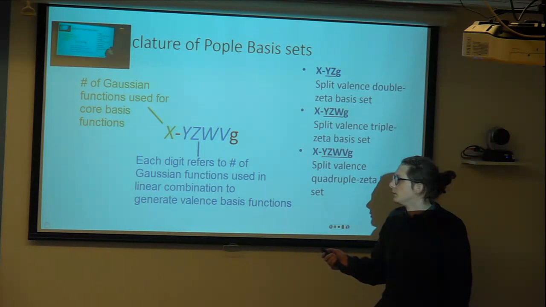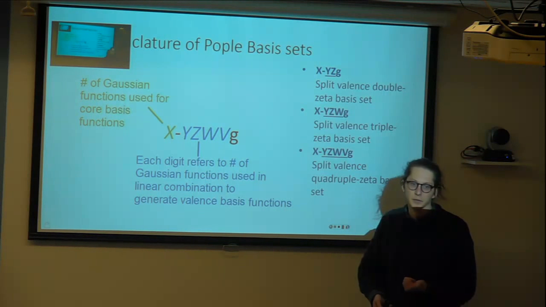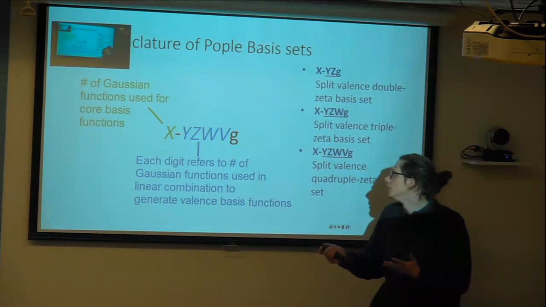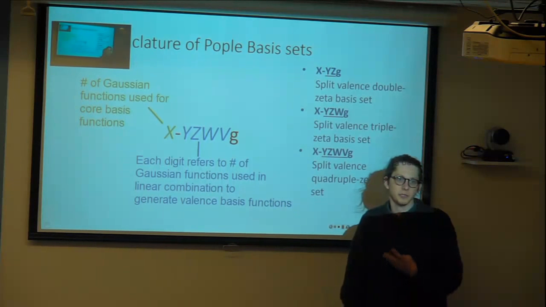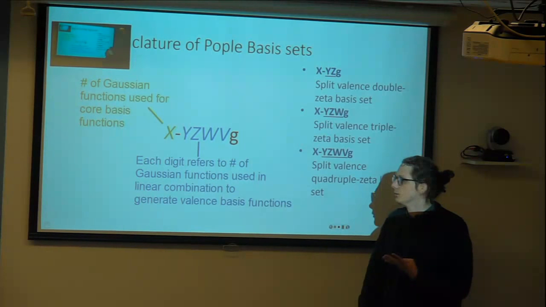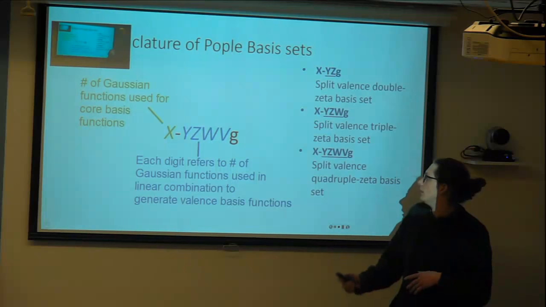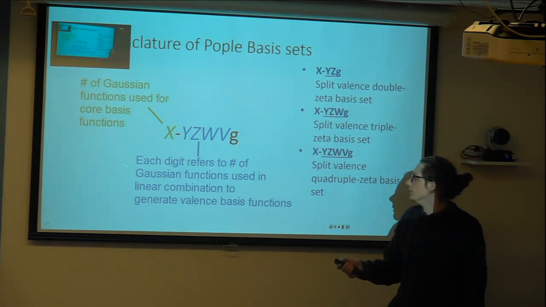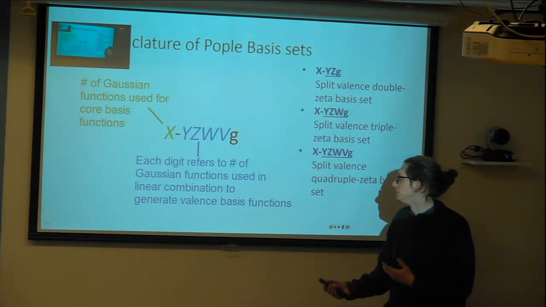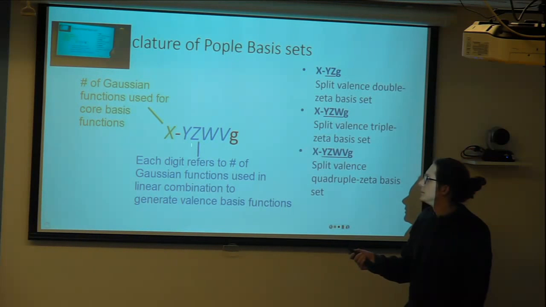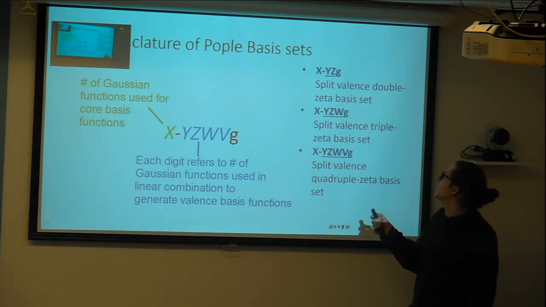And this value, in the Pople functions, will usually be 3, 4, 6, or 7, I believe. And then the digits after the hyphen, of which there can be 2, 3, or 4 digits, all describe the valence basis. Each of those digits refers to a linear combination of Gaussian functions used to generate that basis function. And the number of digits after here corresponds to